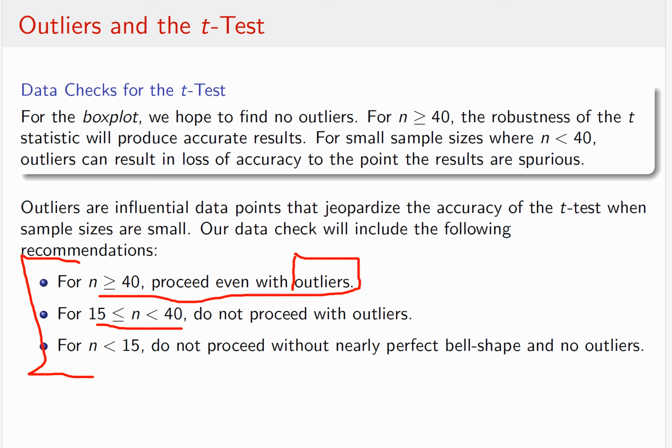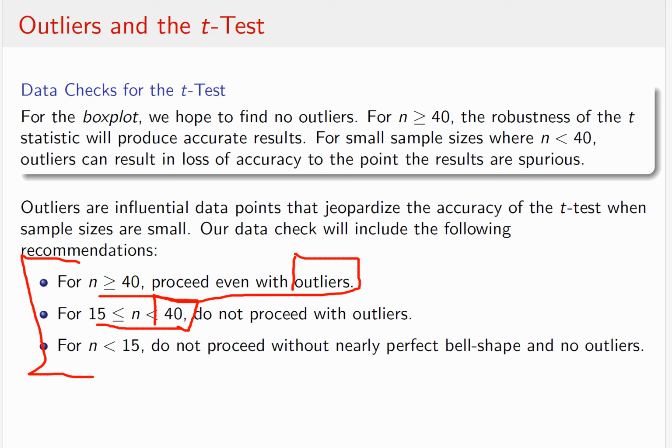Okay, why? Well, outliers are influential data points, and they also influence the mean, and the mean is part of how we're calculating t. So these outliers can disrupt the accuracy. And so generally speaking, less than 40. And some people are